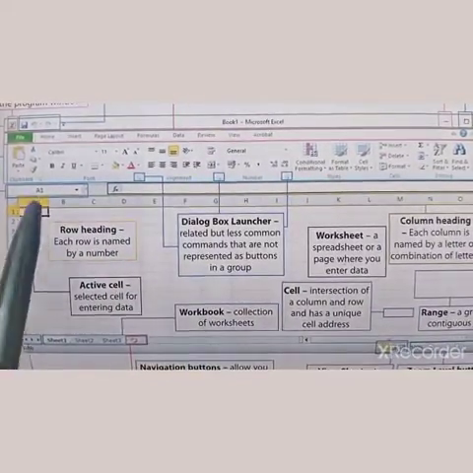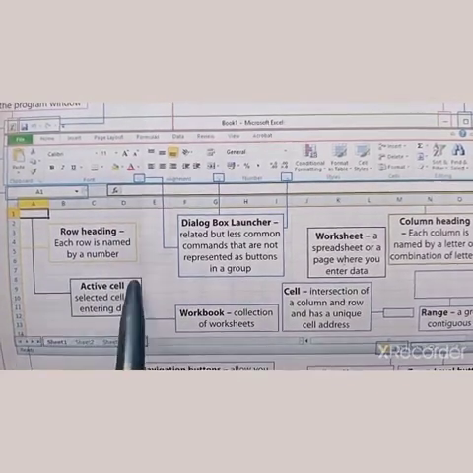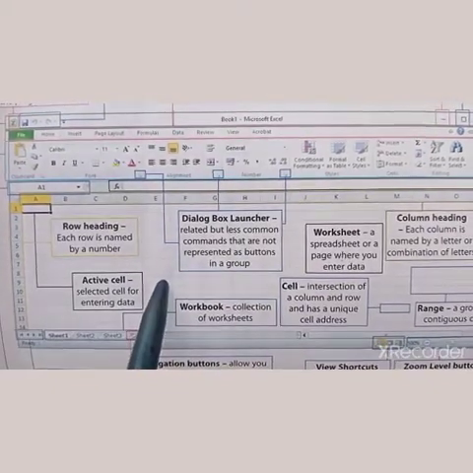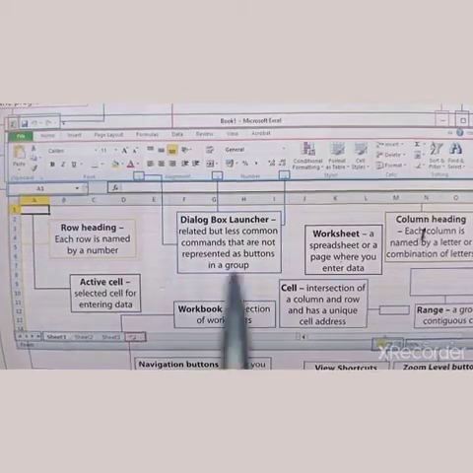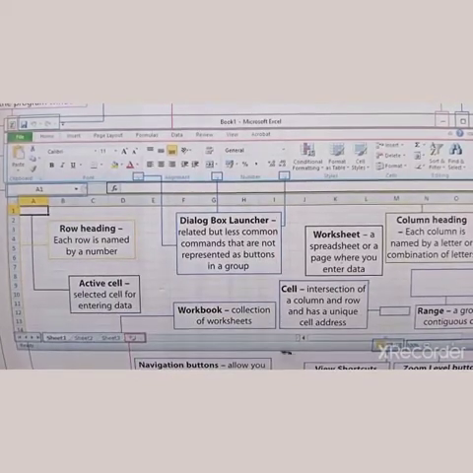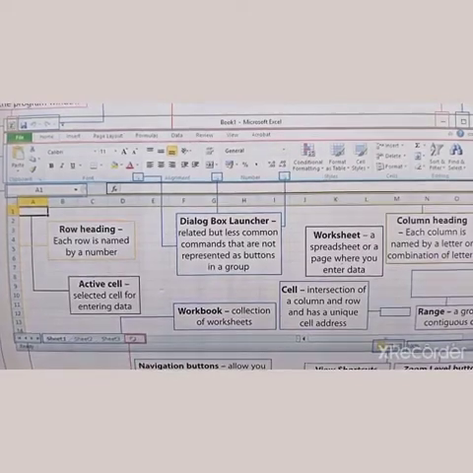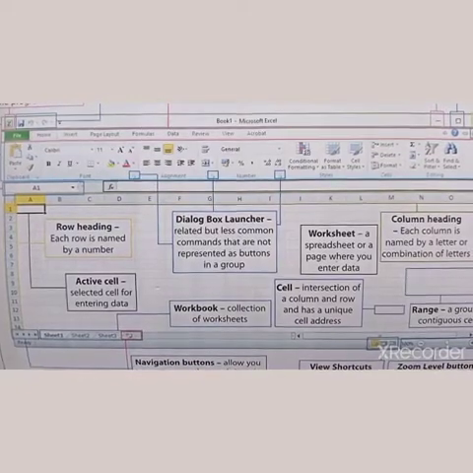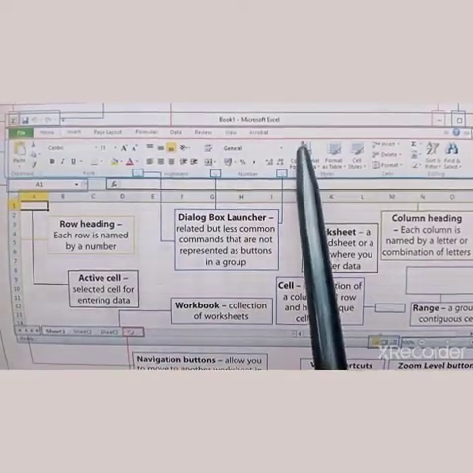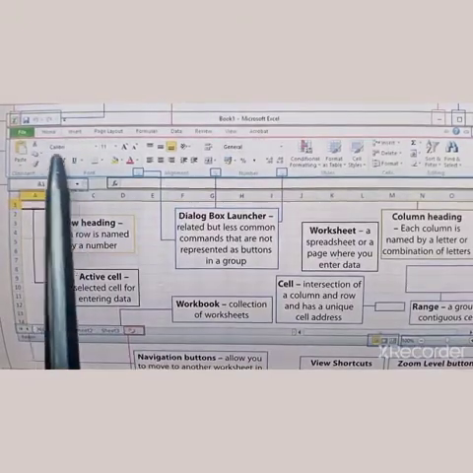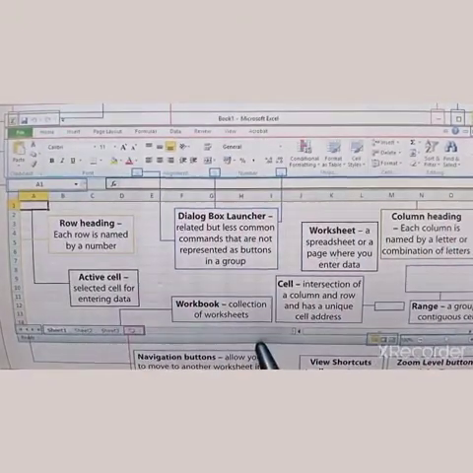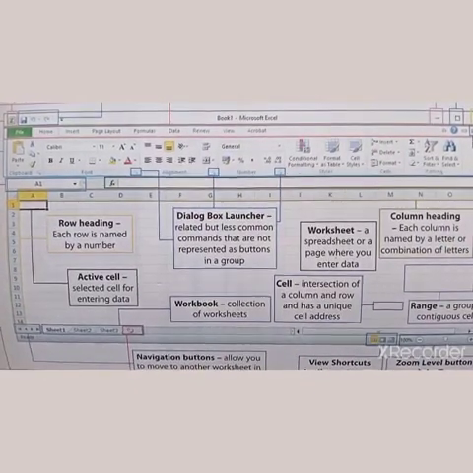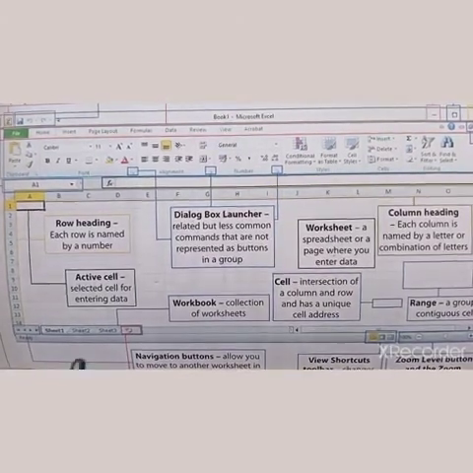In this Excel screen, you will find the rows and the columns shown here. These rows, columns and these rectangular boxes, which are called cells, are the basic components of any spreadsheet, be it Excel, the Apple spreadsheet or any other spreadsheet. These are common in every one. Then you will have the menu at the top: the tabs, the ribbon, the navigation bar and all the components shown over here. These are the components of an Excel sheet, of an Excel workbook.